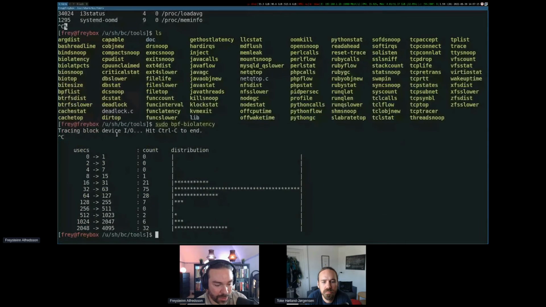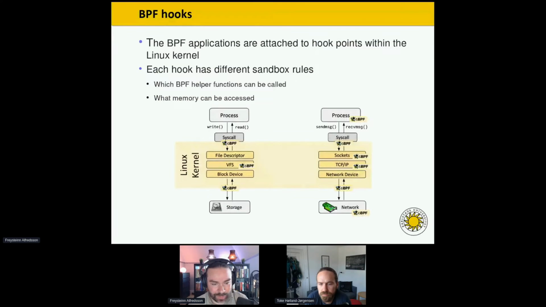So now we can get a graph that shows, for instance, what the latency is in microseconds of the different IOs that have been happening on my device. So you can sort of see immediate benefits of running these on your own computer. Okay, so if we go on,